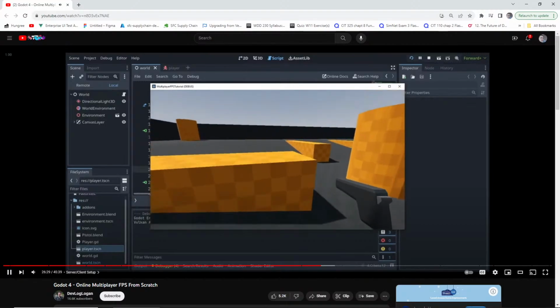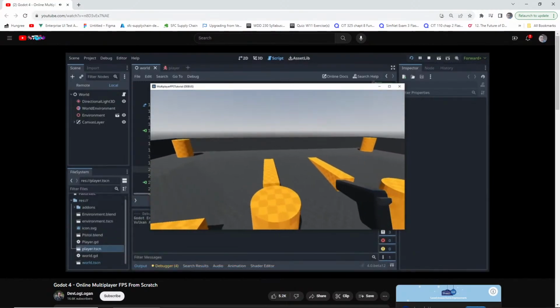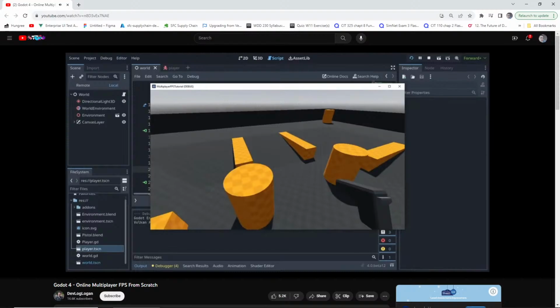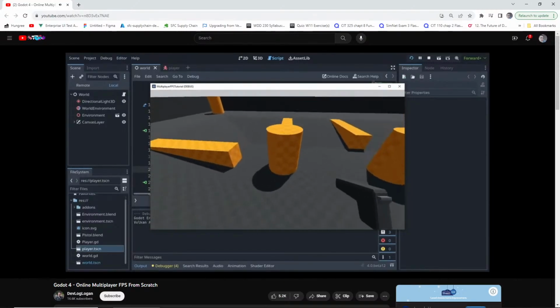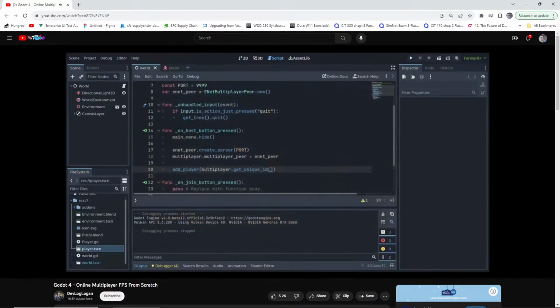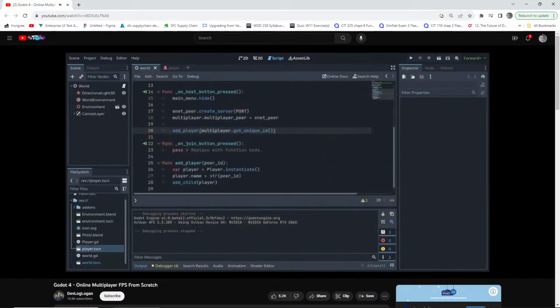It's probably going to ask you if you want to give this application access to your private and public networks, and make sure that you give it access to public networks if you want to be able to play this online with friends later. But we can see that it's working just fine right now,